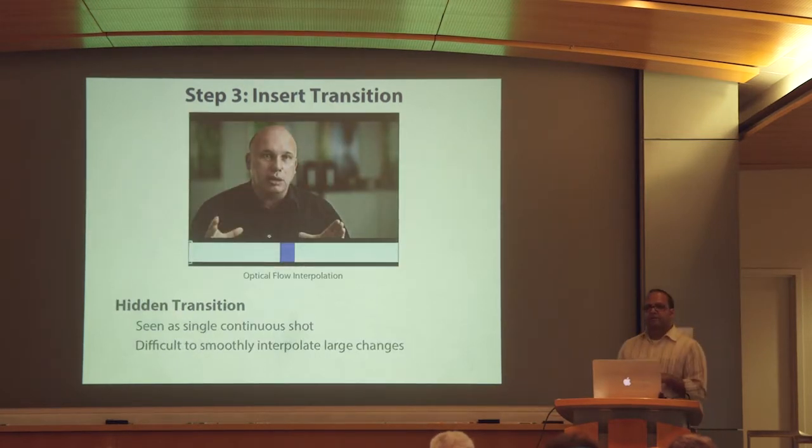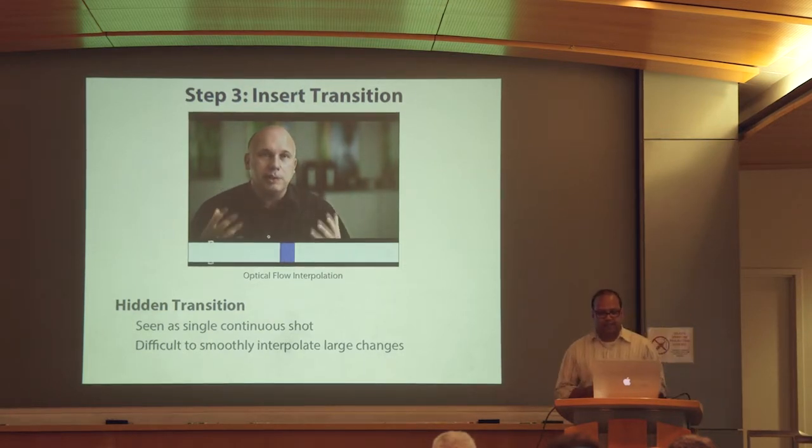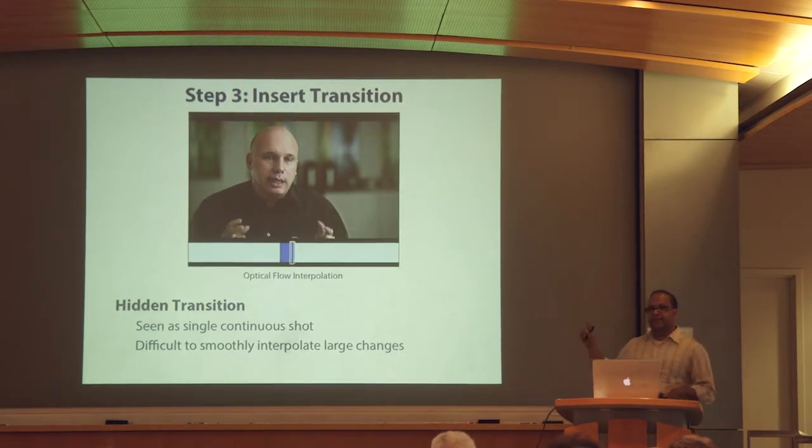In some cases, however, an editor might not want a strong visible break and would prefer to simply transition smoothly between the segments. And interpolation is one technique for creating such hidden transitions. But in most cases, simple optical flow fails because the end frames are not similar enough, as we see in this case with the hands.